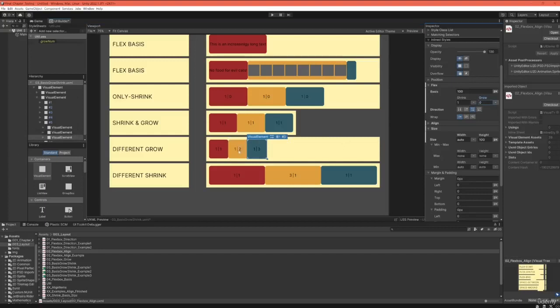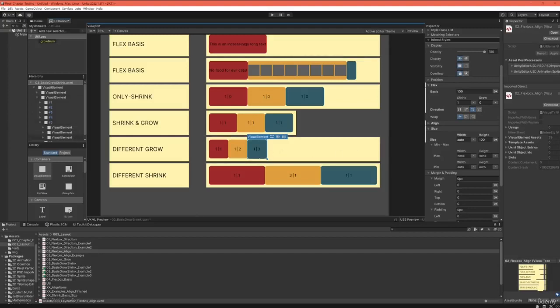That is because they start at their flex basis, which is 100 pixels. This would be the size that they have right now. And now they say, okay, listen, we have this much space left. So if we are allowed to grow, we have to distribute this space that our containing element left us, and we will distribute this space